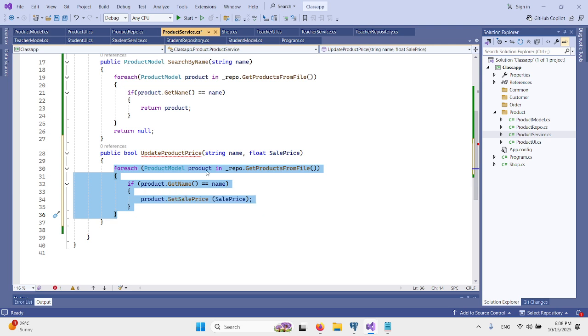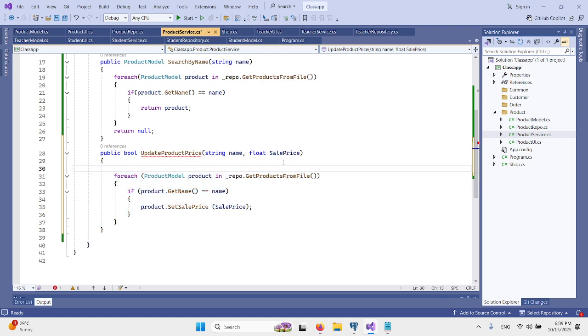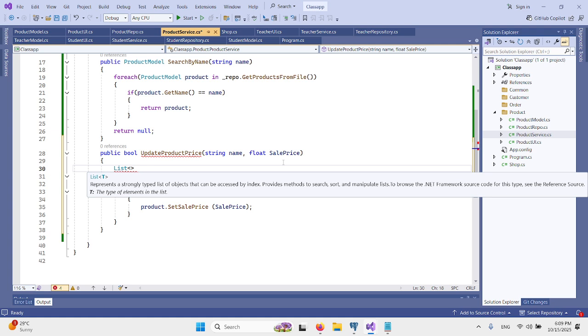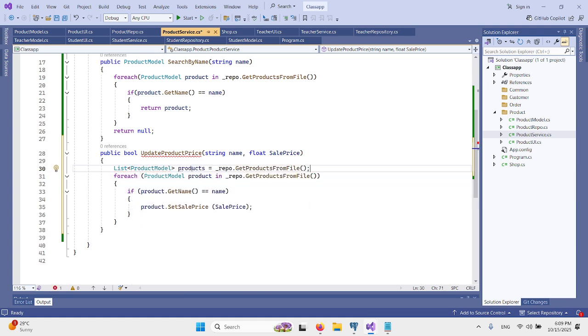किसके अंदर update होगी? But where is our list? I think we should store the list before, because we will use it, this list. So product model like that. So let's do it like that.